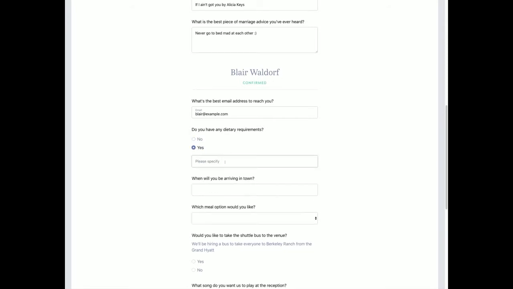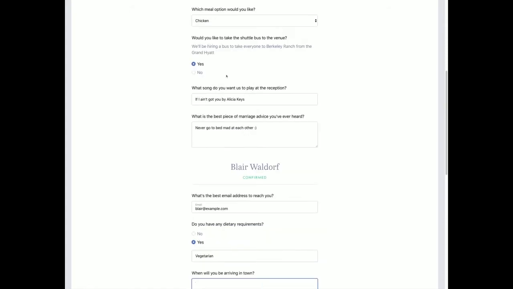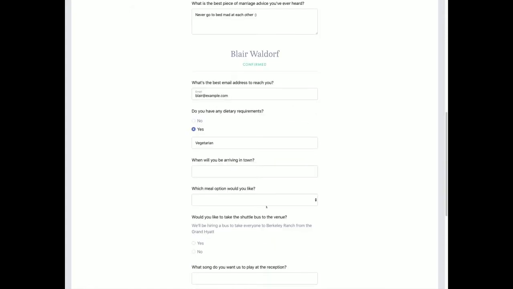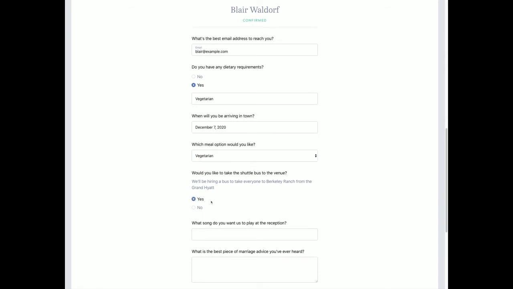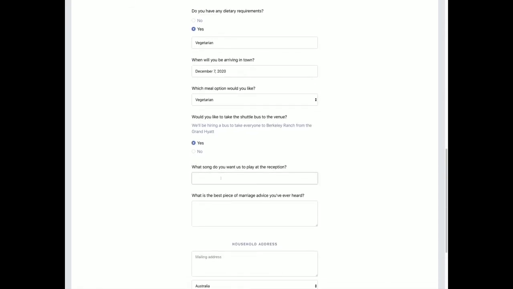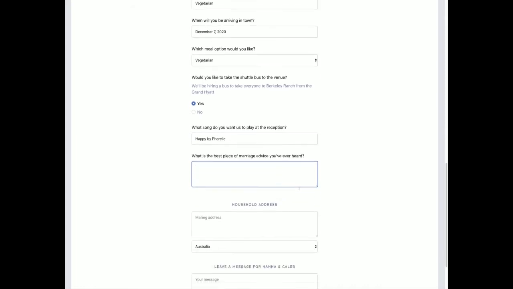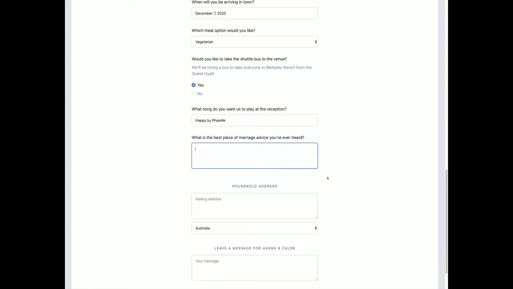And scrolling down, now we can add that information for Blair. So let's say that Blair is a vegetarian. She's also going to be arriving on the same date as Charles, and she's going to pick the vegetarian meal option. She would also like to take the shuttle to the venue, and she wants us to play Happy by Pharrell. Great song. And what's the best piece of marriage advice you've heard? So she might say something like,